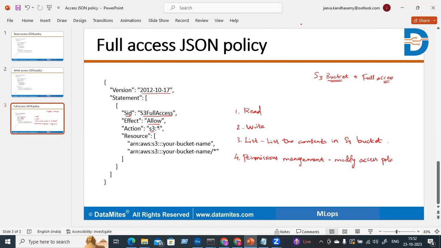So we are giving full access to the persons, and they can modify this policy also. They can modify it to read access, or they can modify it to write access for other users in the AWS console. They can modify the policies and configure the